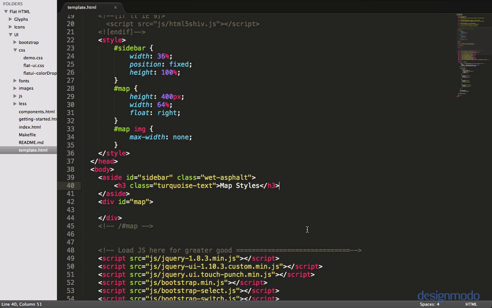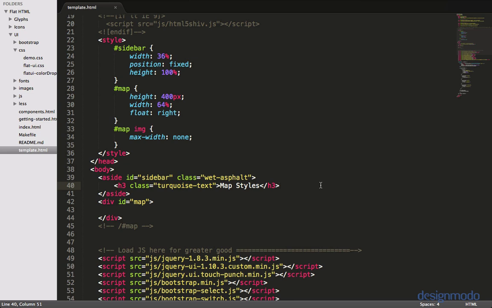Now I wouldn't really recommend using this for a larger scale application because you can really fragment the color scheme. But when you're quickly developing and you just want to see the color change, this is a great way to go. So now in our sidebar, we're going to want to provide a way for the user to change parts